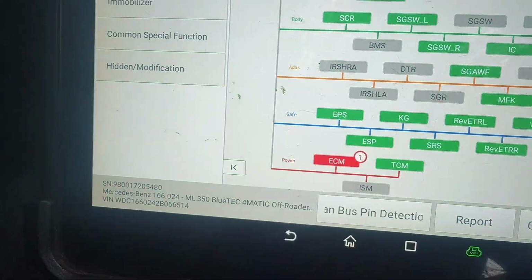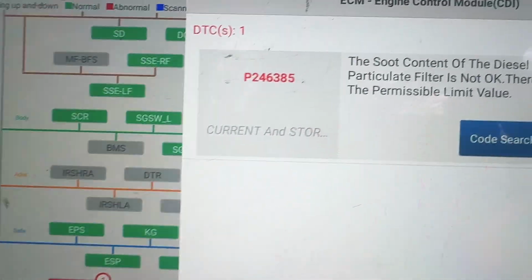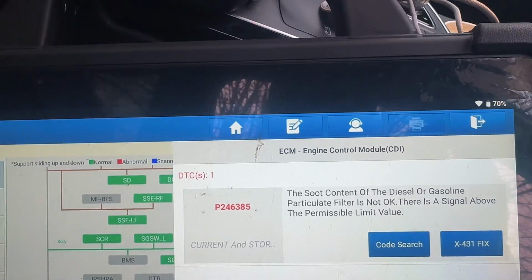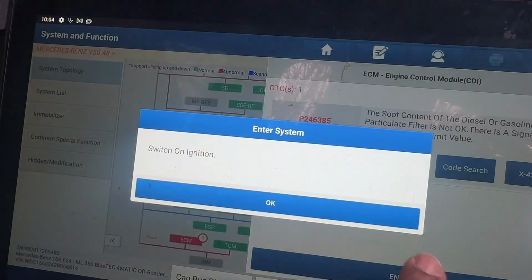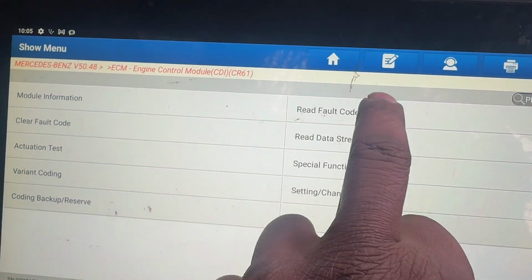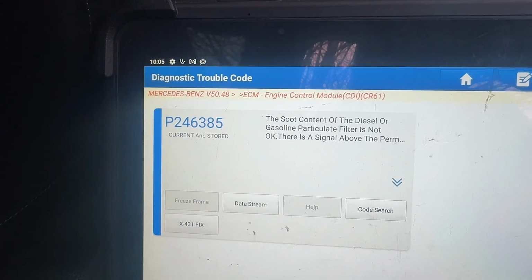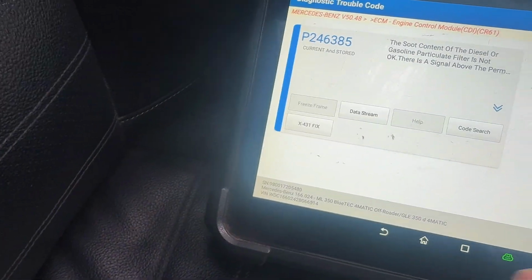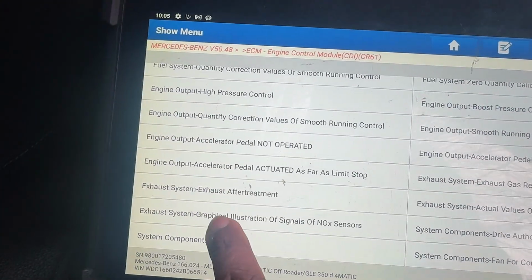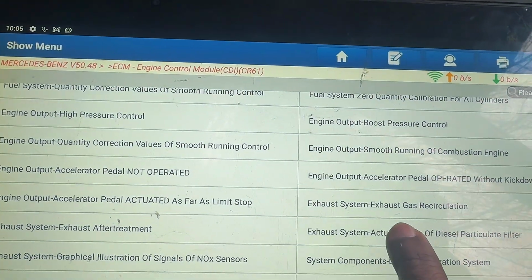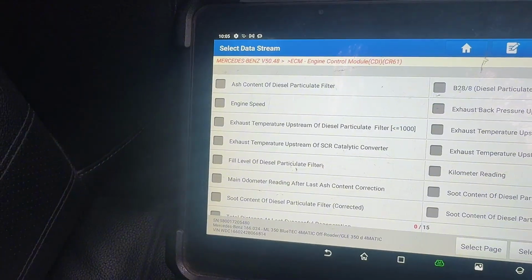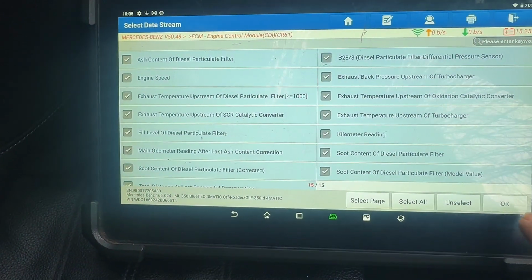You can see it has one faulty code under the engine management, diesel particulate filter, soot. Okay, right, ignition on, and I need to go to the live data. Yeah, same faulty code. Okay, exit from here, data stream, graphic line, NOx sensors, this one, exhaust actual values. I'm going to select all. Okay,